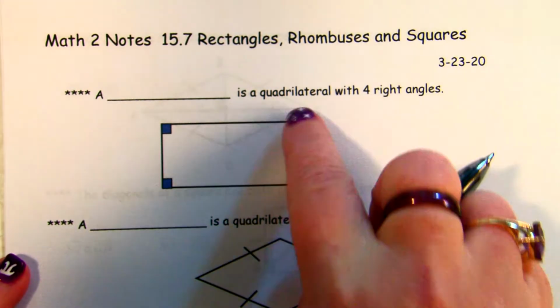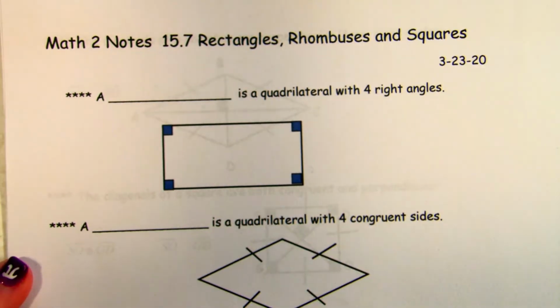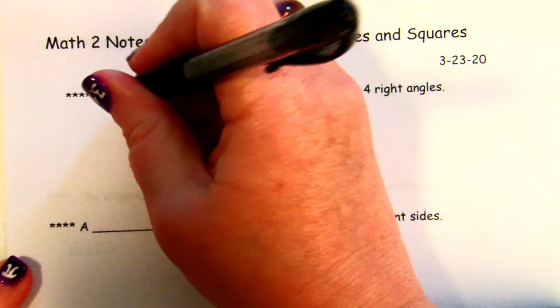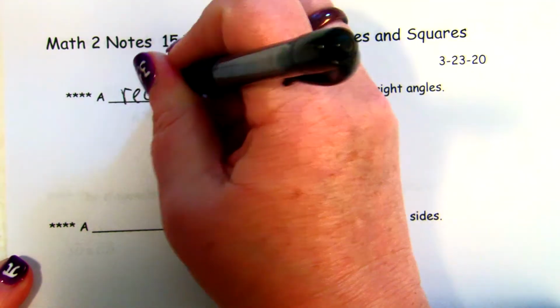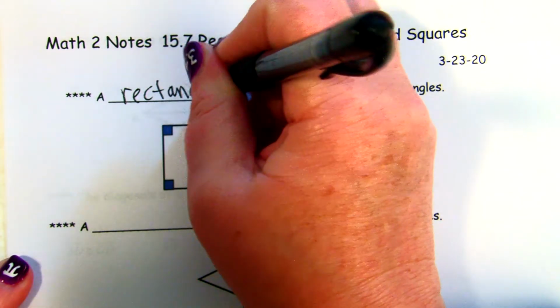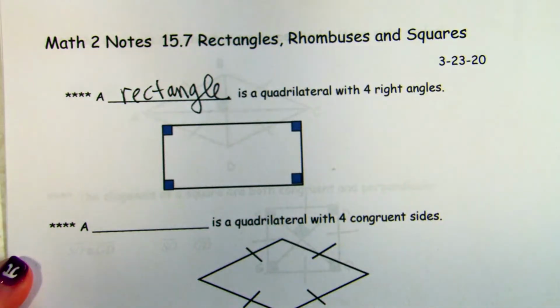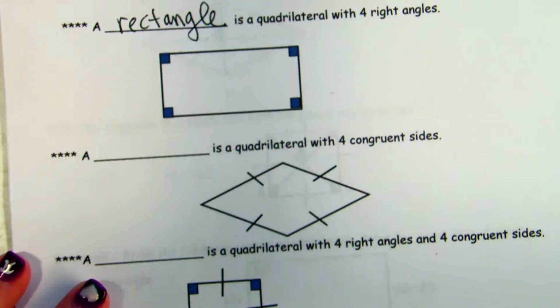So when it has four right angles, who can tell me what it's called? A rectangle is a quadrilateral with four right angles. So anytime you see four right angles, you know that it's a rectangle. The next one